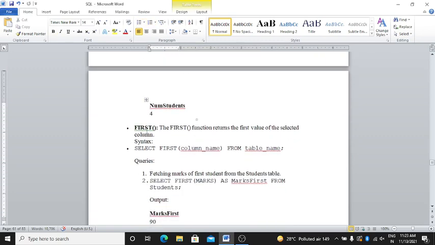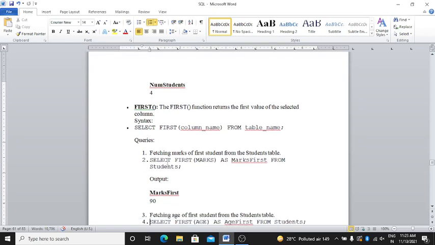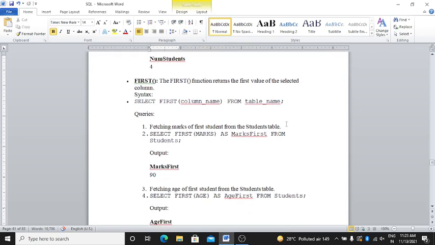Okay, next is first. The FIRST function returns the first value of the selected column. The syntax is: select FIRST(column name) from table name. Query: fetching the marks of the first student from the student table.